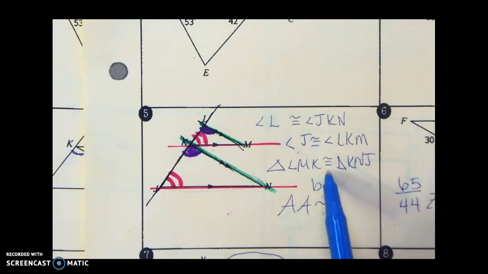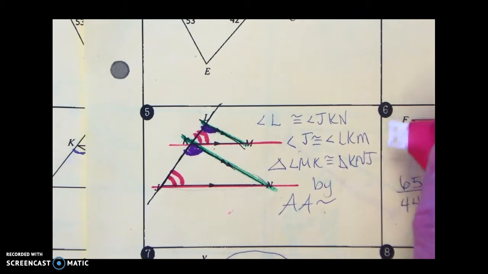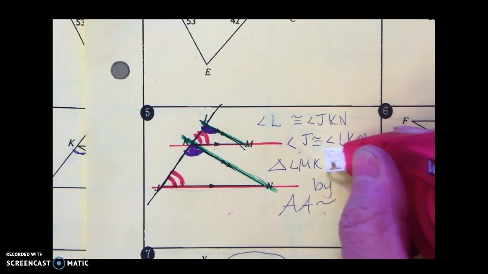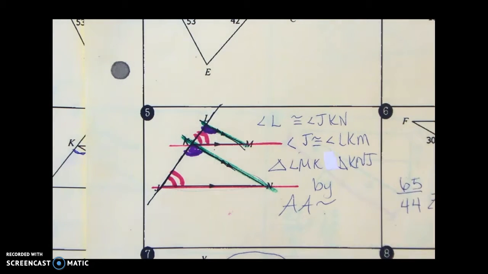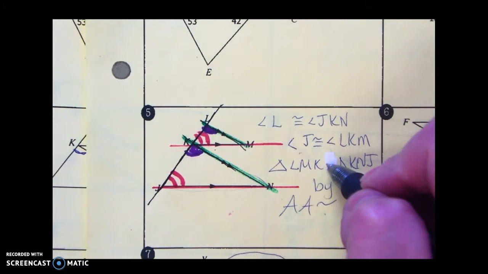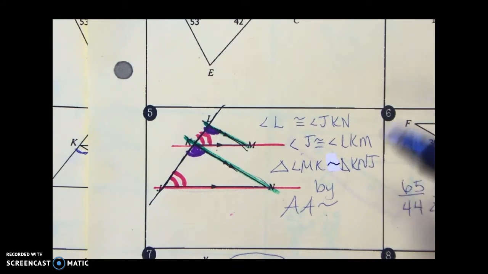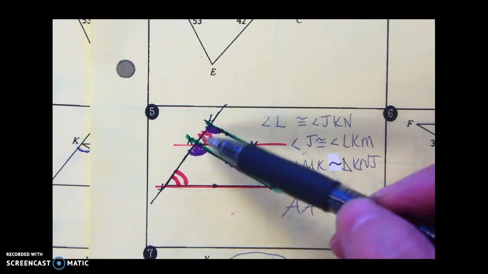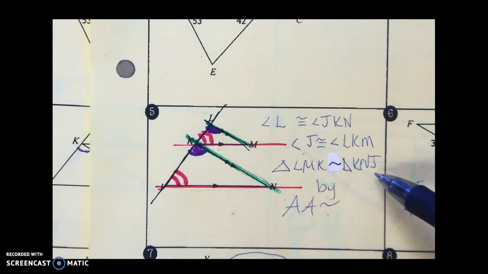Did I write similar there? No, I did not. I put congruent. The angles are congruent, but the triangles are not congruent. They are similar. So, I have triangle LMK is similar to